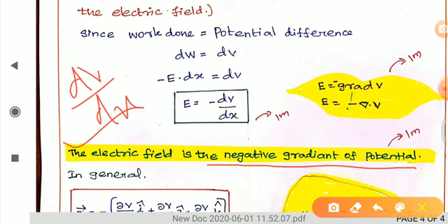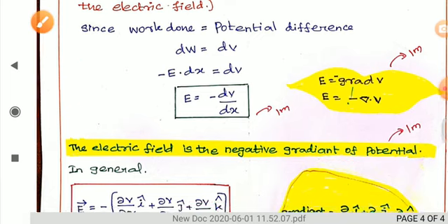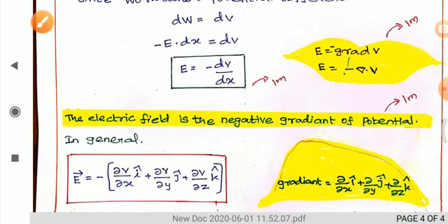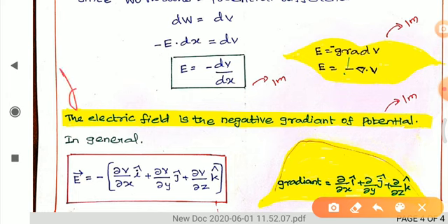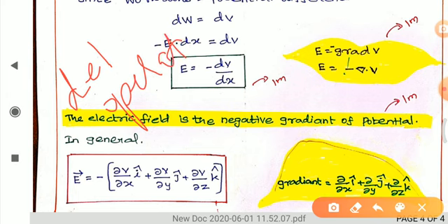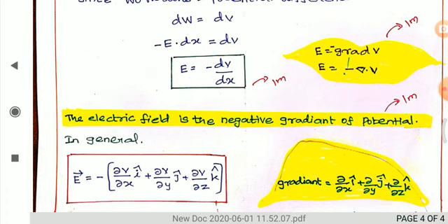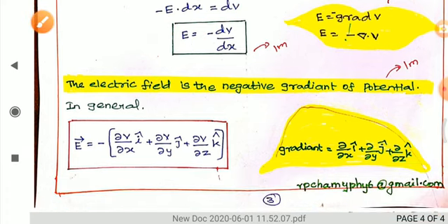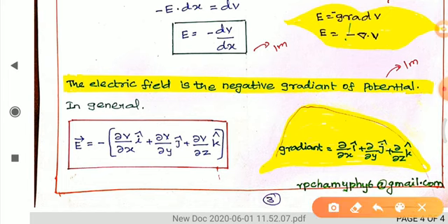Then what is meant by gradient? Gradient or grad is nothing but, it is also called the del operator. In mathematics it is known as the del operator. What is meant by the del operator? The del operator is an important tool in mathematics, especially in fluid mechanics. We are using the term gradient. So gradient is also given as del.